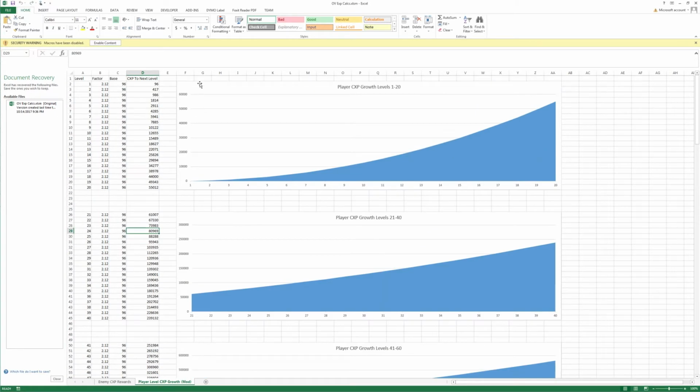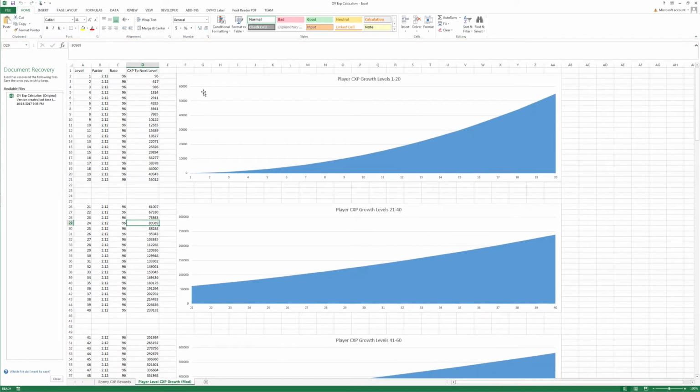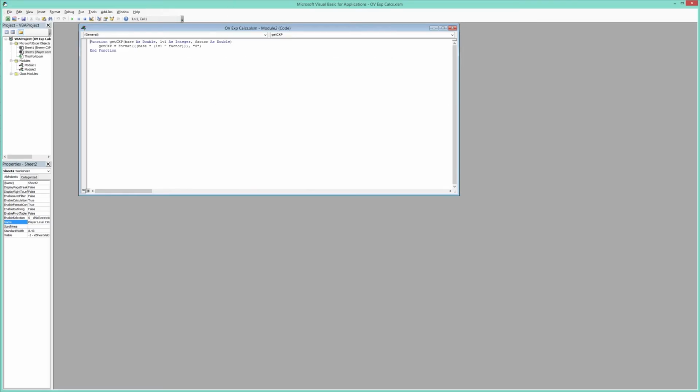But so what I have here is essentially a value calculation from a custom function that I wrote in here, Alt F11, called getCXP. So you're passing in the base value, the level, and the factor, and then you're using them in this logarithmic function to produce a CXP value that will allow you to have a curve like that instead of being straight like the currently existing